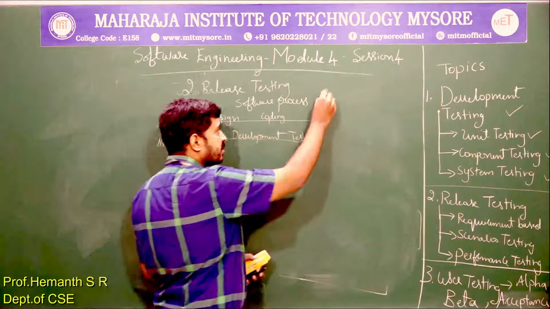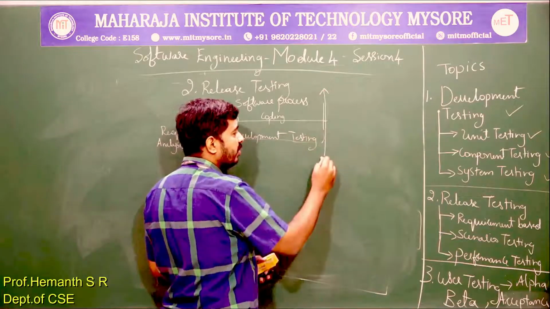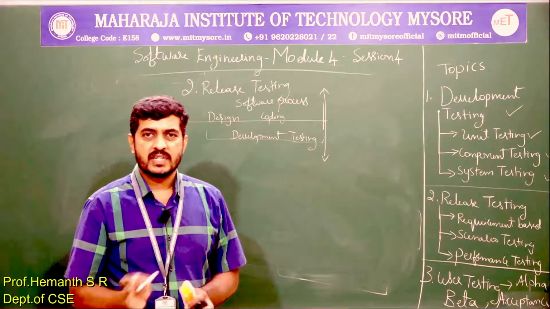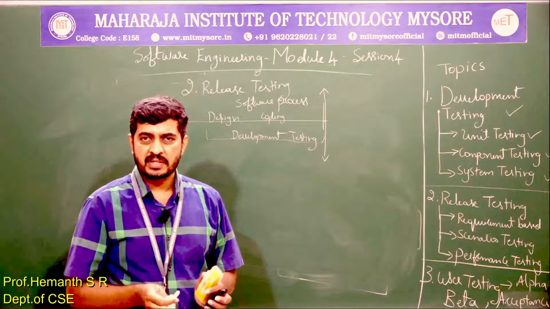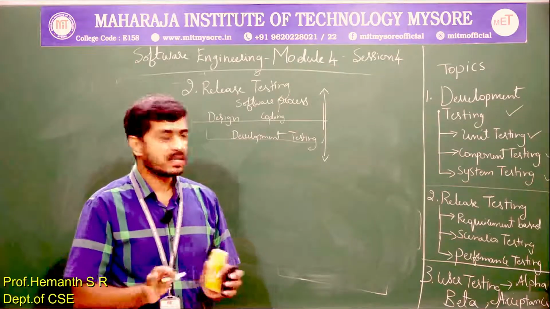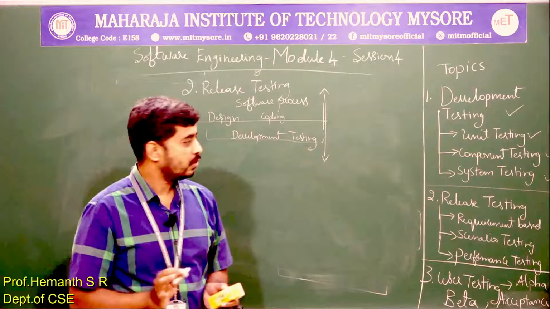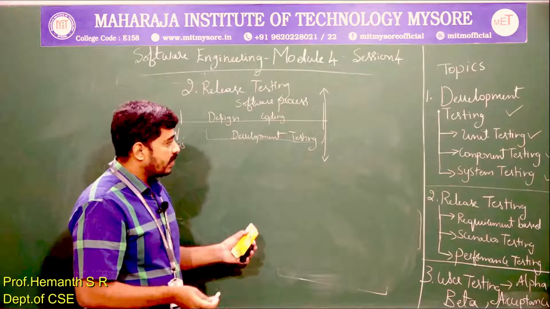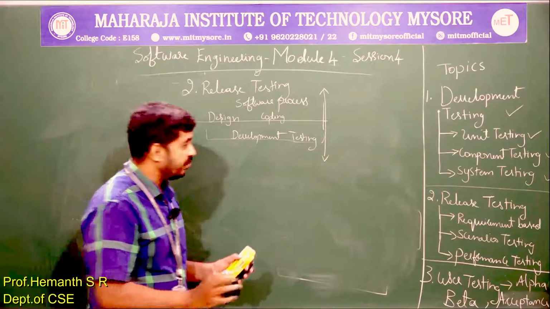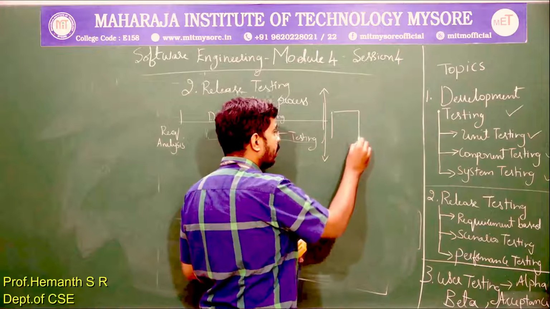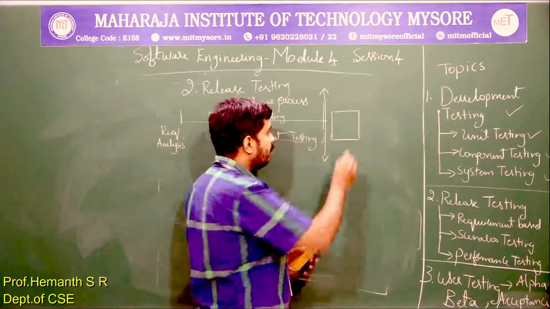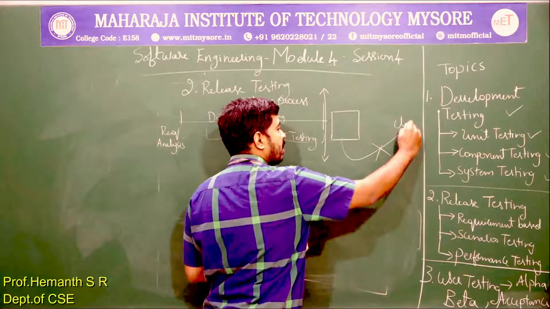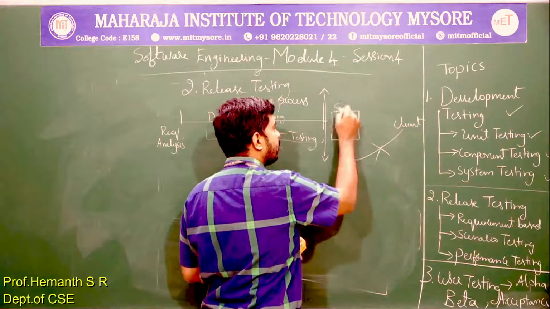Now once we have reached this part of the timeline, what is the status of the software product? Is it in the beginning stage, the intermediary stage, or is it almost complete? I will not call it a complete product, almost complete. So the answer is, it's almost complete. As I already mentioned, we are not giving this software product, which I will mark through this rectangular block, directly to the client or the customer.